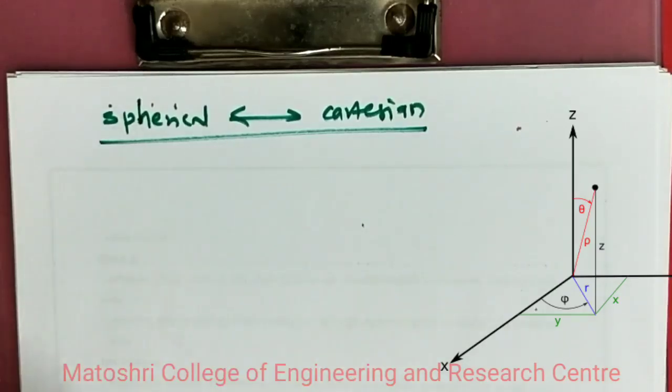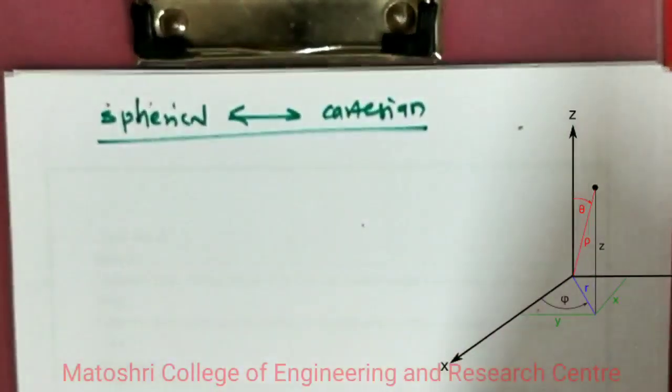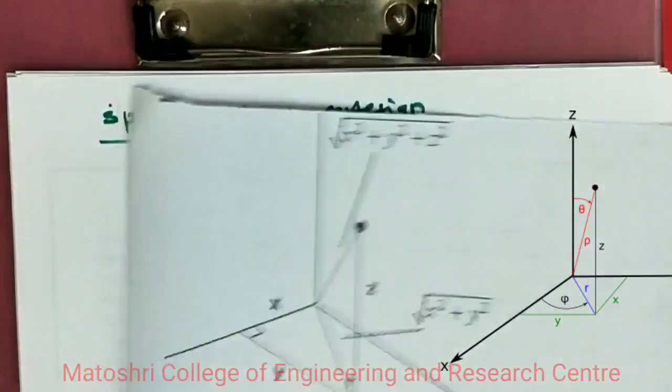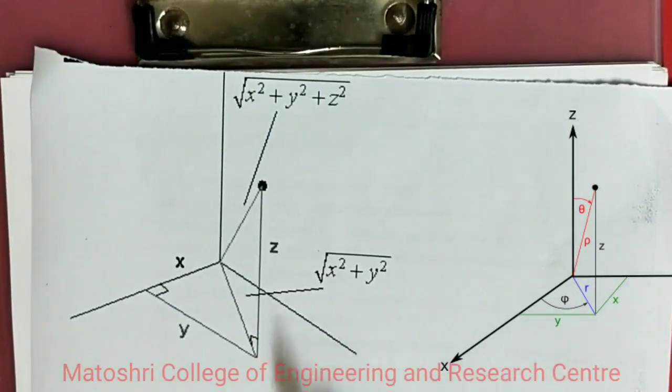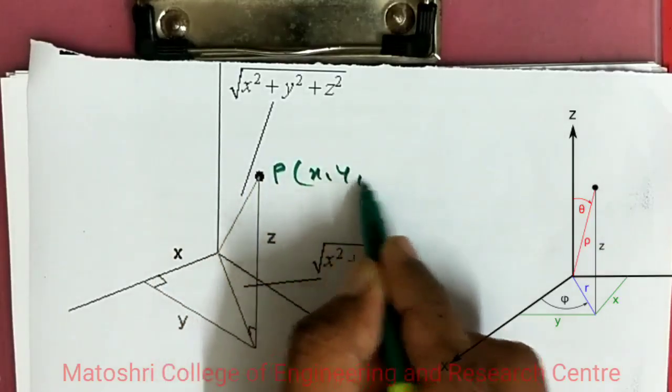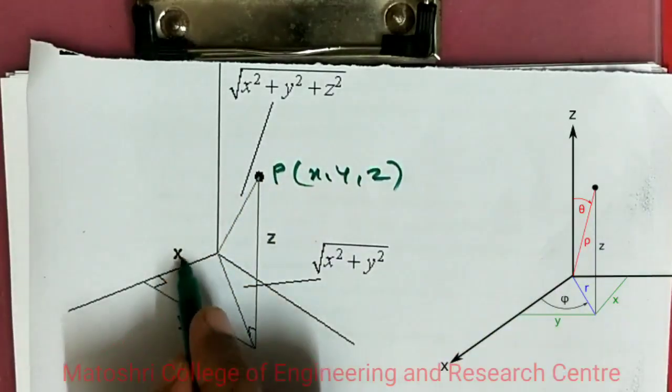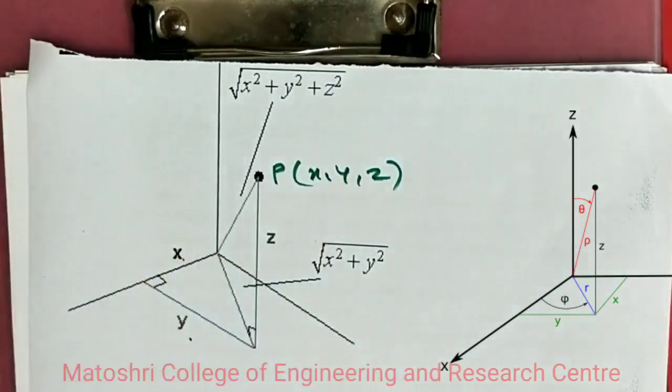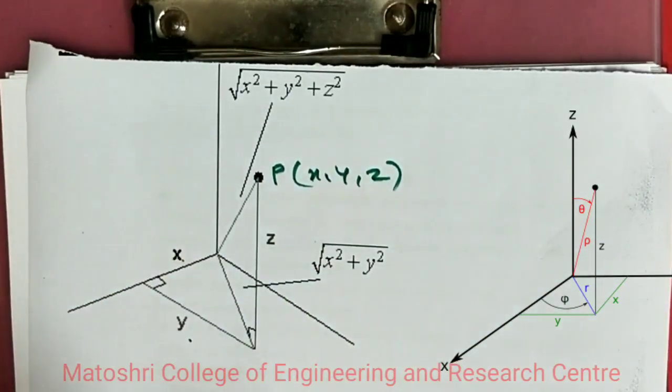I will show one example over here. A point P is already located in a Cartesian coordinate system. The point P has the coordinates x, y and z, where this is your x component, y component and the height is z. Now for this particular point, if it is expressed in terms of a spherical coordinate system,